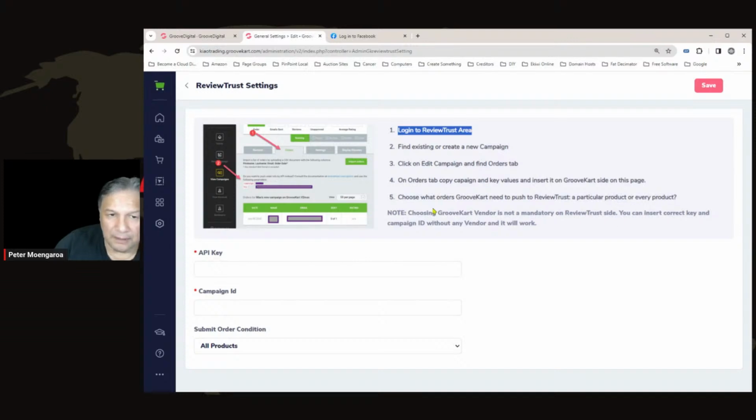Okay, so what happens is that when people actually do a review on your product, this is a site that you log into, and you can put the products that these people have done a review about in there. And then it integrates with your website. Review, what was it called? Review Trust will actually push that into your site as a trusted review, if you like, of the